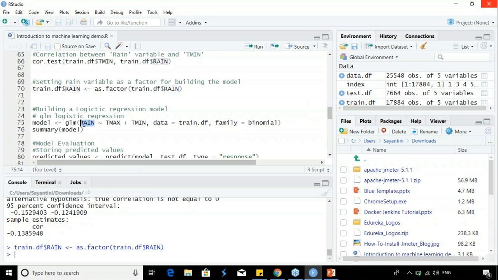We're passing the rain variable, which is our output variable, and the predictor variables. Then we're passing the data set that we are using to build the model, which is train.df. And finally, we're mentioning that the family is binomial, which denotes that we're using a logistic regression model.